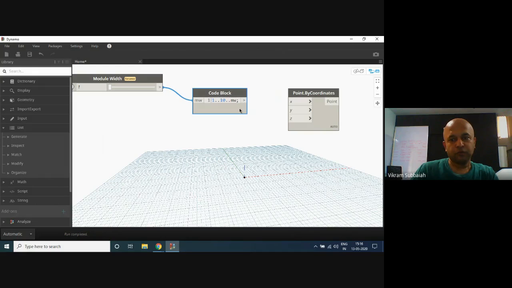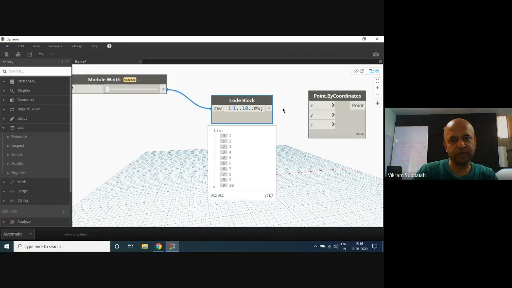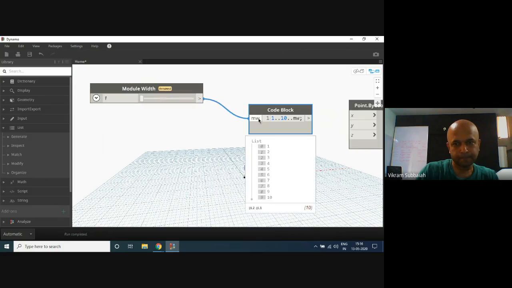Okay, so here I'm now getting 10 points because module width is 1. Let's assume module width is 1. But what we want is, if the module width is 1, we want the number of points to be related to module width.